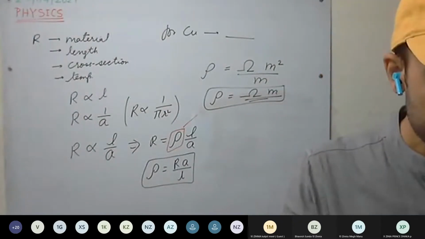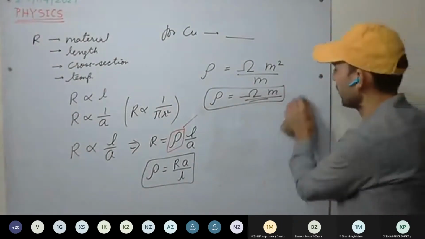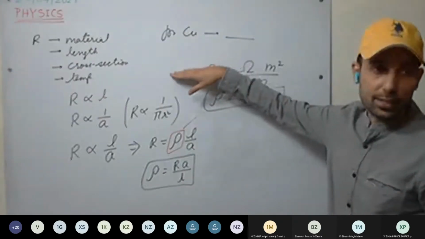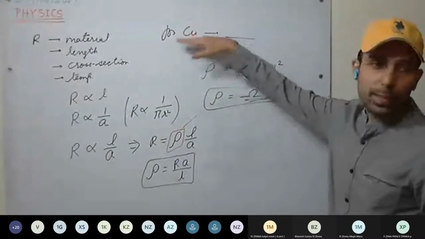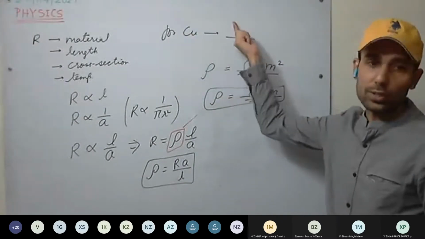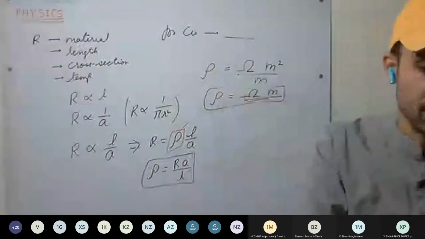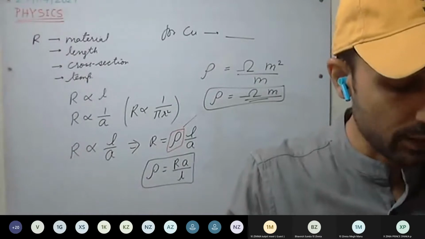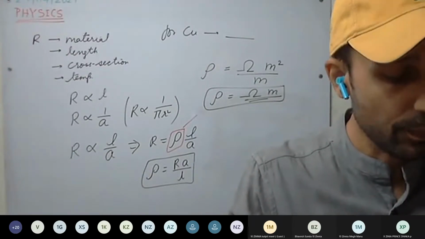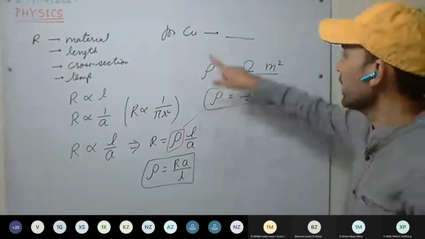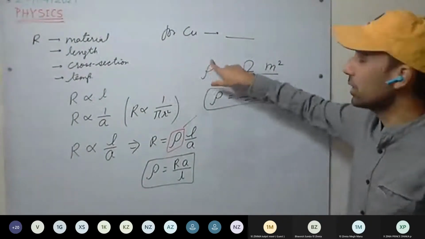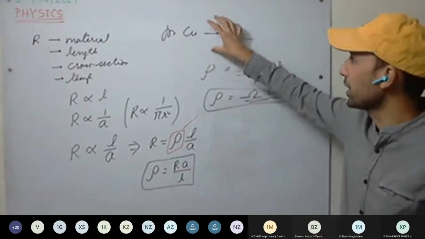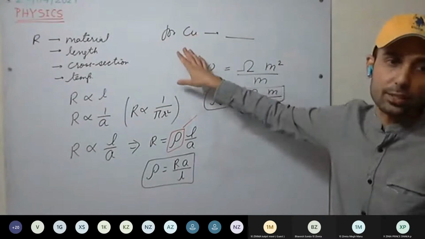Okay. Now see here, what are the factors affecting resistivity? The first one: resistivity depends on the material of the conductor. For copper, it is constant. In the table you can see, silver resistivity is how much? 1.6 into 10 raised to power minus 8. For copper, 1.73 into 10 raised to power minus 8. So we can say resistivity is a characteristic of the material. What material it is made of will have a particular resistivity.